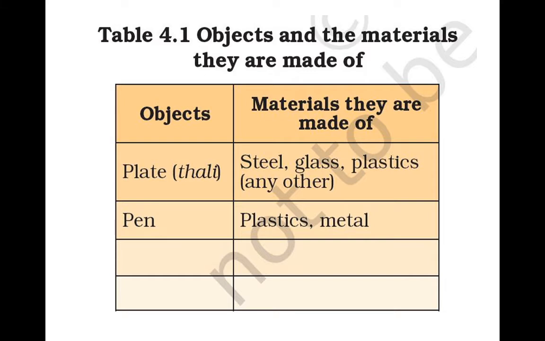For example, just see your furniture. Now for the third object, don't copy the furniture. Now I am keeping here chair. Maybe the chair is of plastic, maybe the chair is of wood. So like that you have to complete this table 4.1 where you have to write the two objects and for those two objects you have to write the material. Understood which activity you have to do? Okay, so let's start. Draw this table in your notebook and start writing your answer.